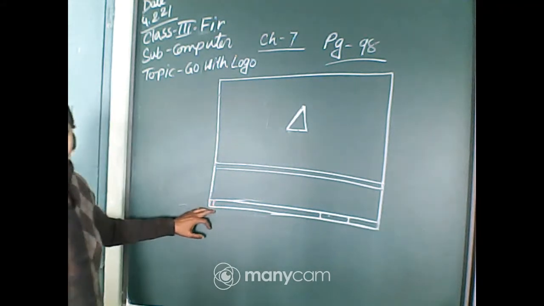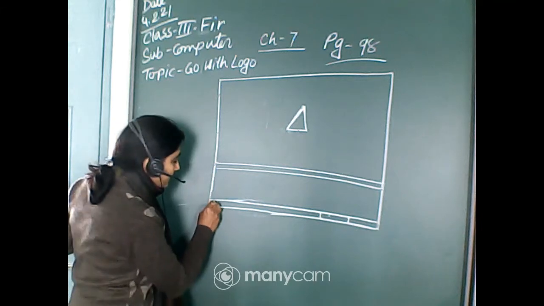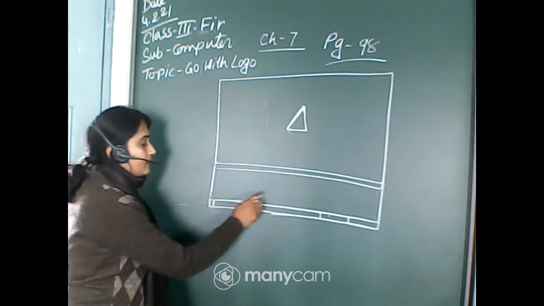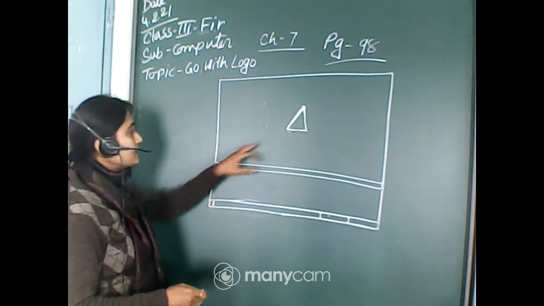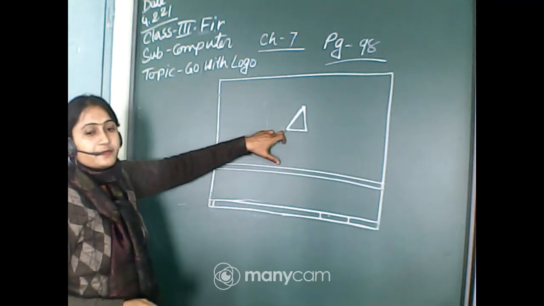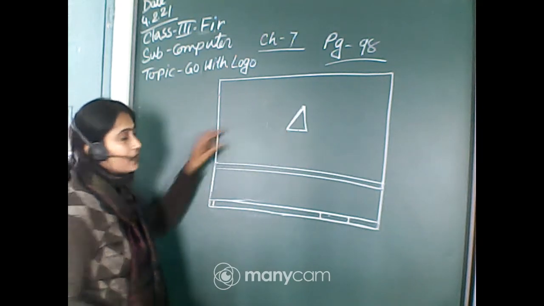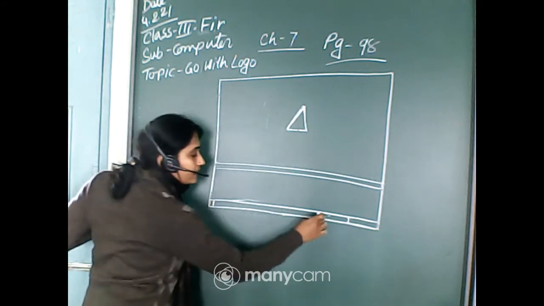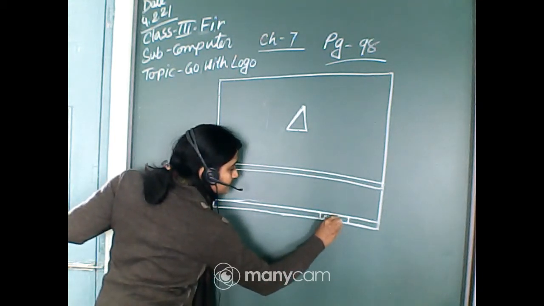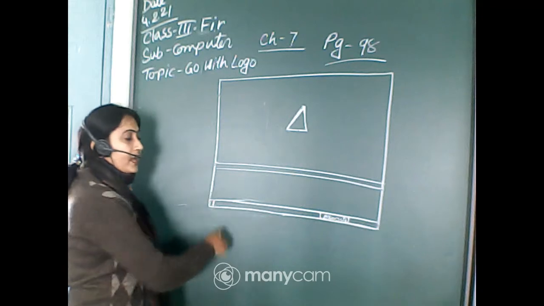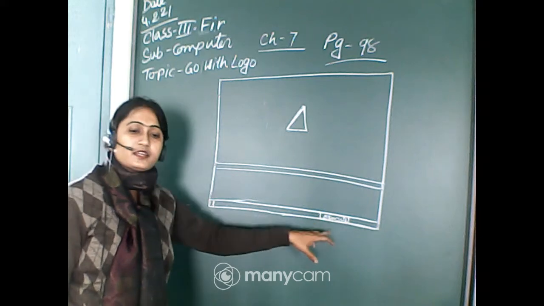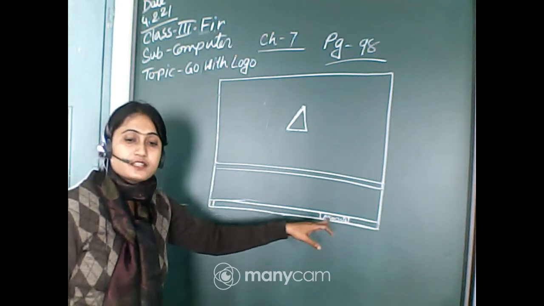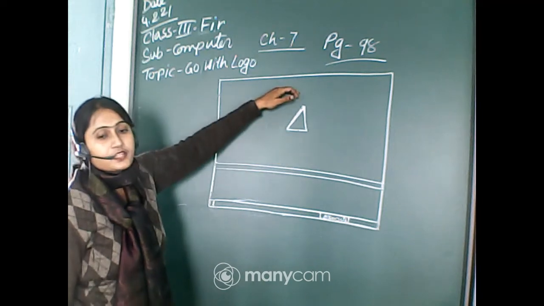When we write a command, we have to write it in the command input box. After writing the command, we have to press the enter key. We are giving an instruction to the turtle, and it will move in that direction. You can press the enter key after writing the command, or you can click the execute button. The function is the same.